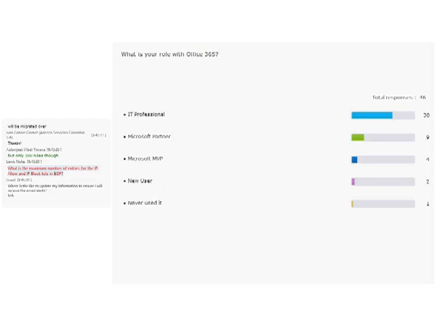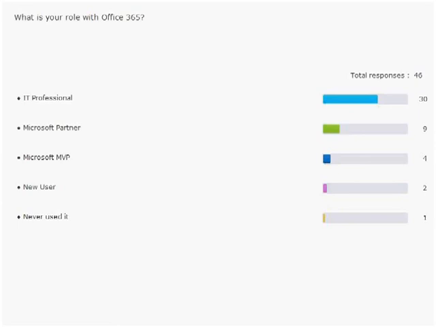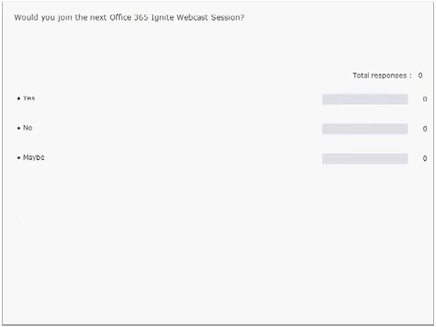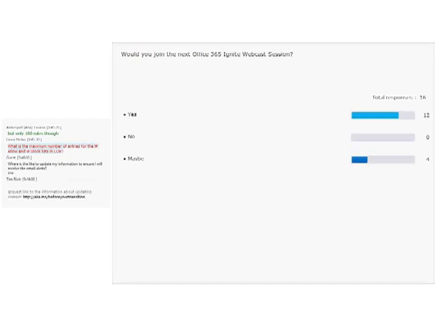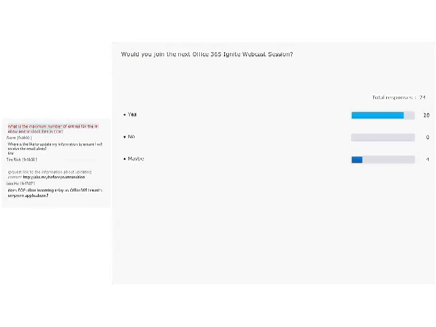Lewis, for your question on what is the maximum number of entries for IP allow and IP block lists in EOP, I don't remember off the top of my head. There's a couple different ways that you can implement your IP block and allow list, and I don't know exactly what the number of IPs is, but it's a lot. You can do a block or allow list inside of transport rules, and that can support a ton of IPs, and then there's also the connection filter, where you can do it also. I don't know what the number is. It's a lot. I'll have to find out.